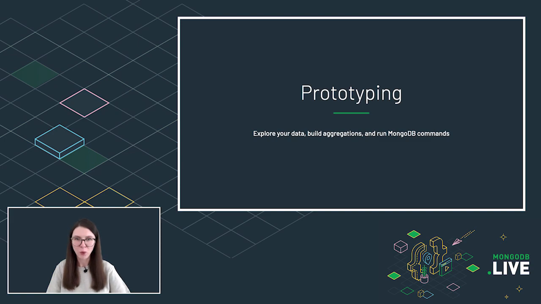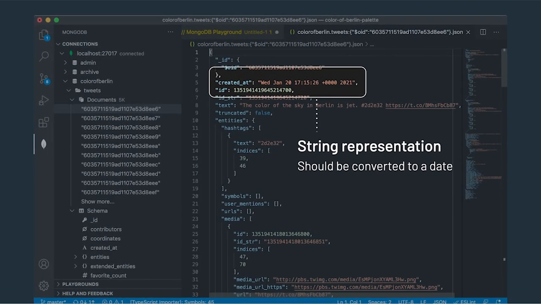Previously, I would definitely open Compass to explore my documents and build aggregations. But since I use Visual Studio Code with the MongoDB extension installed, I don't need to launch any additional applications. I already have one document open in my workspace, and looking at its values, I can immediately identify the first aggregation stage I want to develop. The created_at field stores a string value, but to sort tweets chronologically, I should compare dates instead of strings. I want to keep the created_at field unmodified, therefore I'm going to add an additional field to the end of the output object. And I will do it using MongoDB Playgrounds.